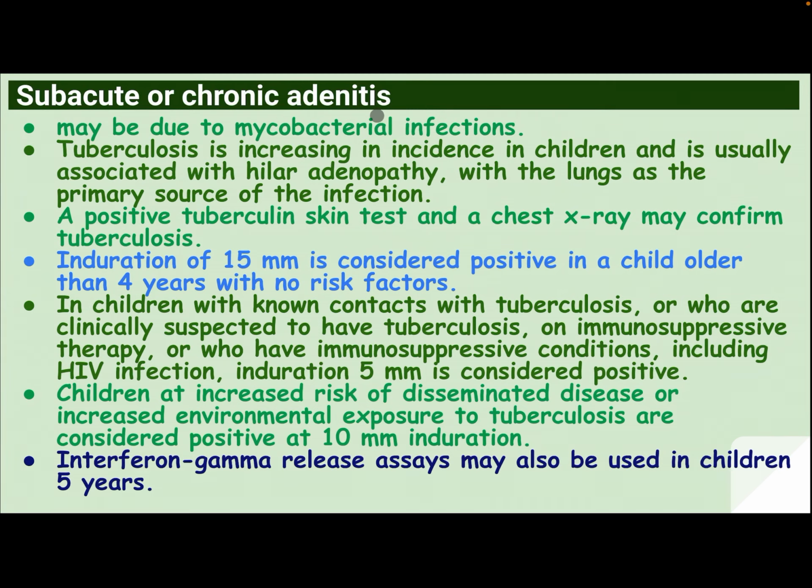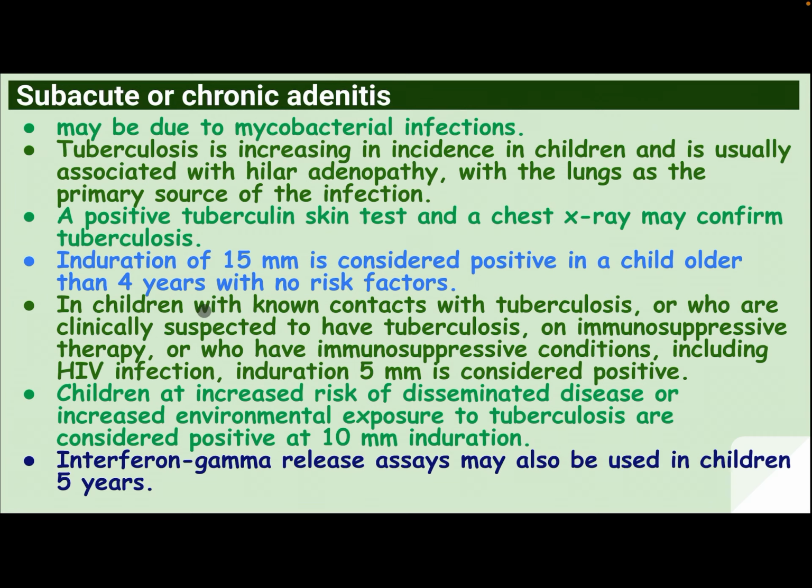Subacute or chronic adenitis may be due to mycobacterial infection. Tuberculosis is increasing in incidence in children and is usually associated with hilar adenopathy. With the lungs as the primary source of the infection, a positive tuberculin skin test and a chest X-ray may confirm diagnosis. Induration of 15 mm is considered positive in a child older than 4 years with no risk